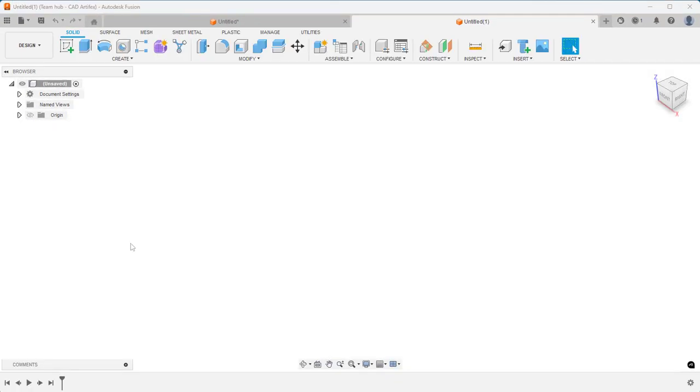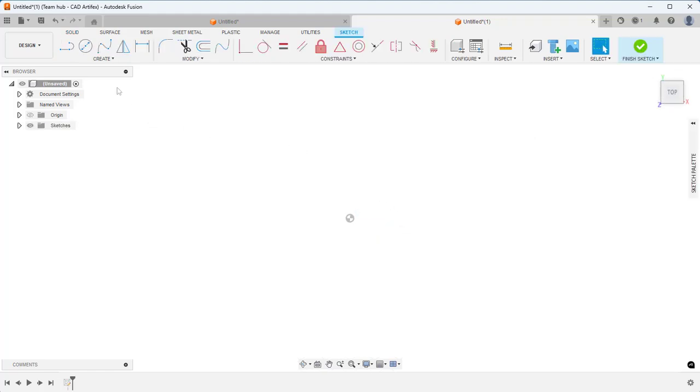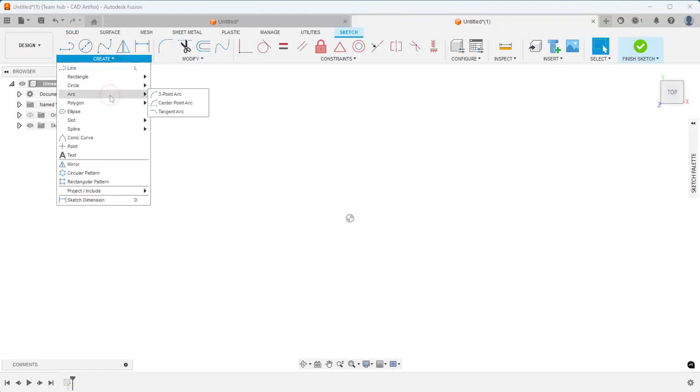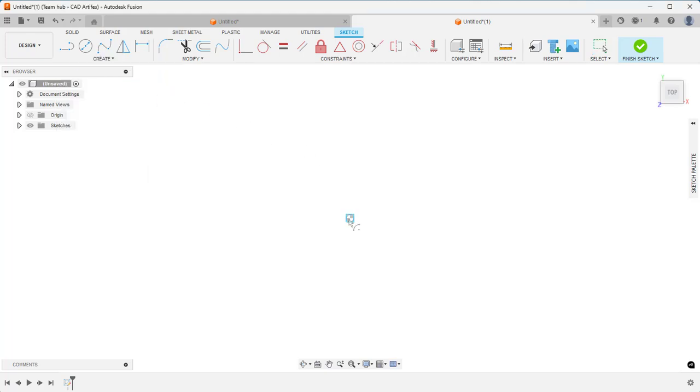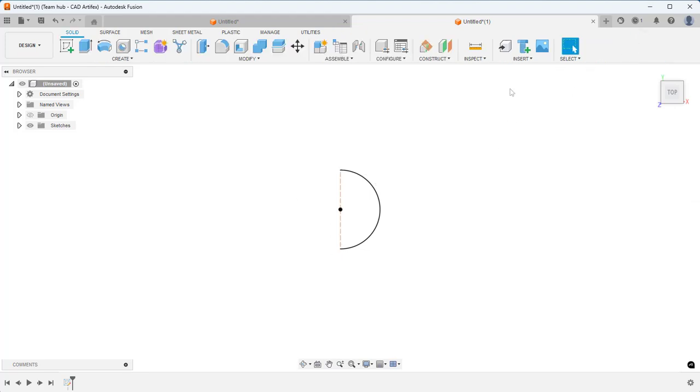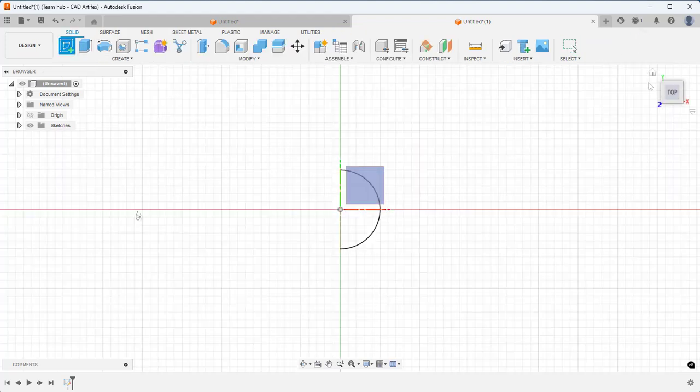Open Fusion and create a new design file. Then let's start sketching. We'll sketch on top plane. And let's take center point arc, and from the center draw a radius of 5, then angle of 180. Now we can finish sketch, then invoke create sketch, and let's take